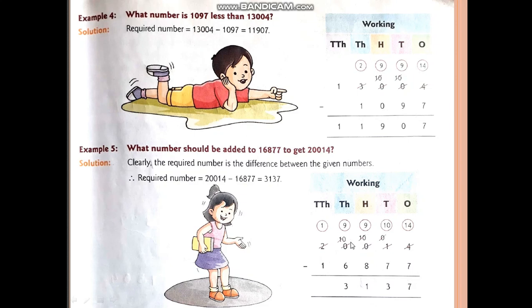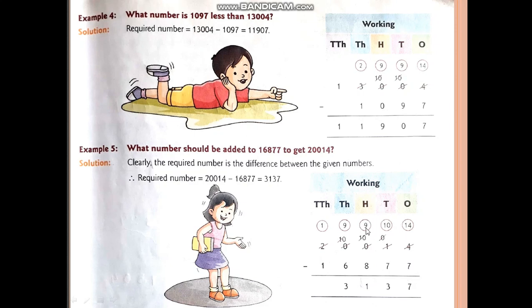So I am again moving to the thousands place, where I also have 0. So I am moving to the ten thousands place. There is 2, so I have taken the borrow from here. Now 2 becomes 1, and on the thousands place it is 10. So one will be given to the hundreds place. Now it becomes 9, and on the hundreds place it becomes 10. Then one is removed, so it will be 9 hundreds.